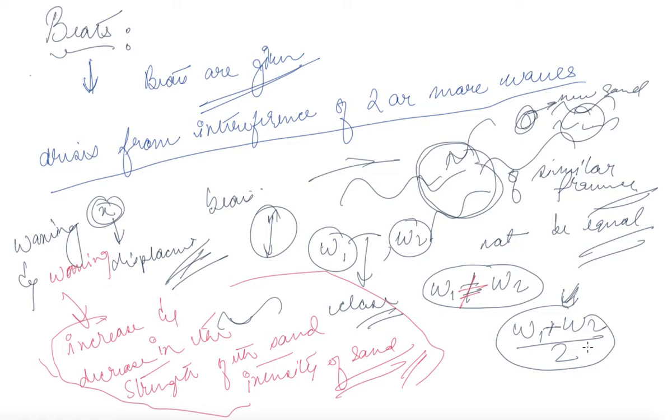Now you can easily see that this phenomenon is used by artists while playing songs. This beat is sometimes used to create new sounds. And sometimes other musicians keep on tuning the sound. Before starting a concert, people tune the instruments. Why do they tune the instruments? So that they can match their frequency.